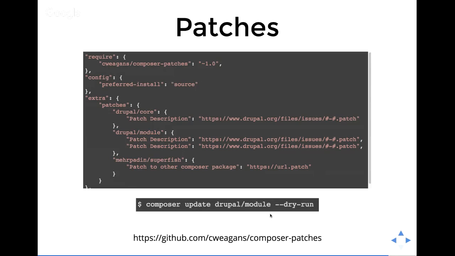One of the really nice things with Composer installer update, let's say that I've put a patch in there, and now I want to run Composer update on that particular module that's being patched. I can set the flag of dry run, which is basically Composer going through the process of applying that patch. Or let's say I have a patch that's been applied, and now there's a module version update